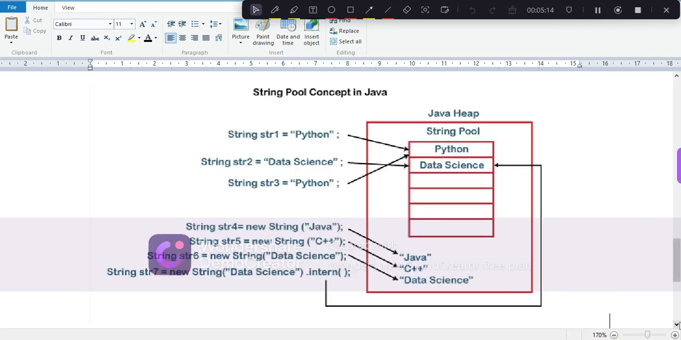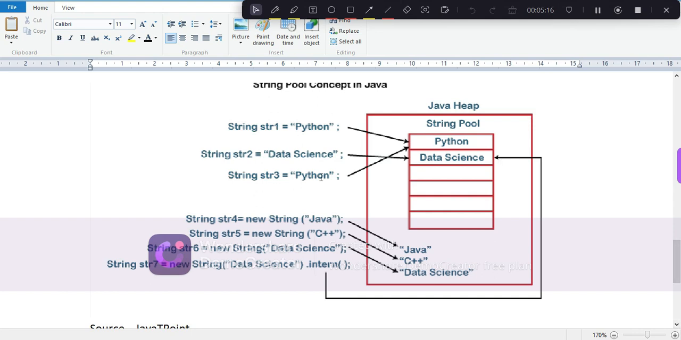Okay, and no new string literal is created for str3, because it is already present in the string constant pool, or string pool. Whereas